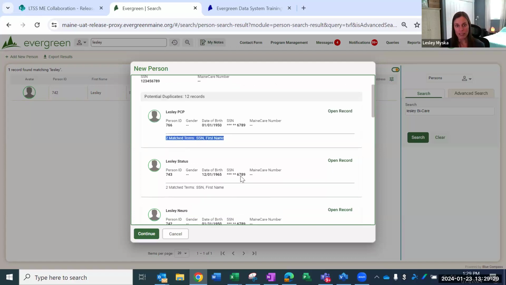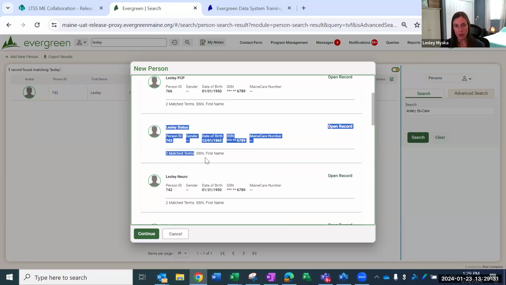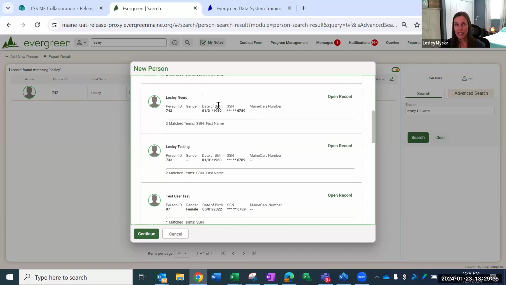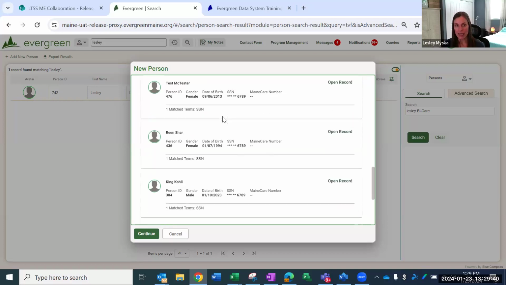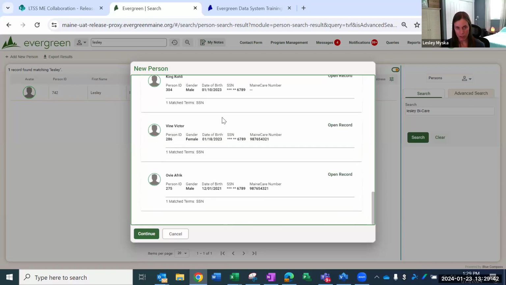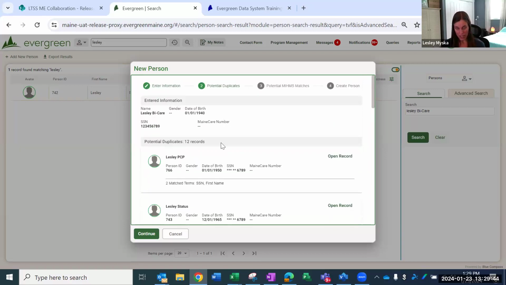And if you scroll down, it's going to tell you what's matching on every single one, and you can review it and just make sure, again, that none of these are actual exact matches. It's not the same person. Once you're satisfied that there is not a duplicate here, also if you thought that maybe one of these was a duplicate, you can